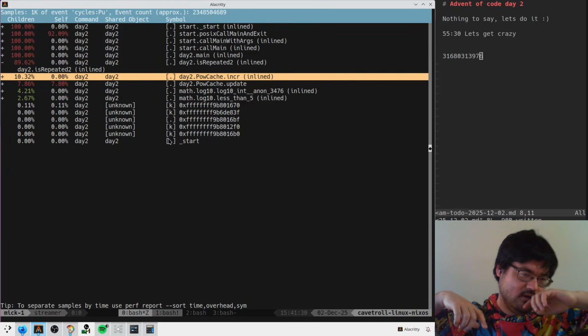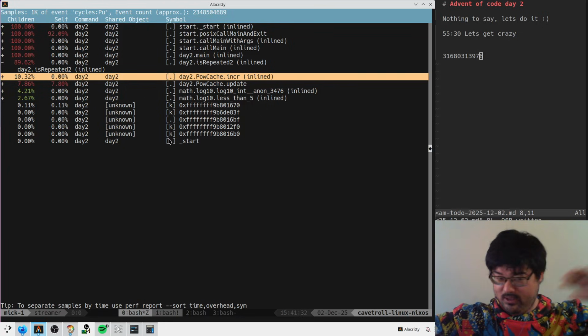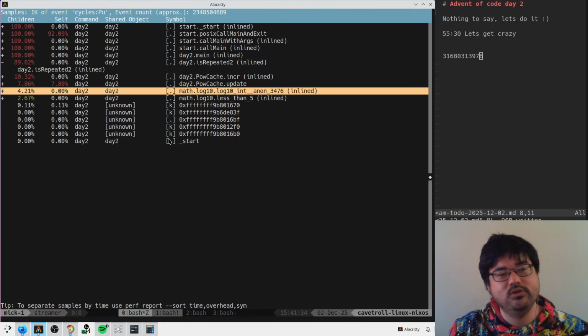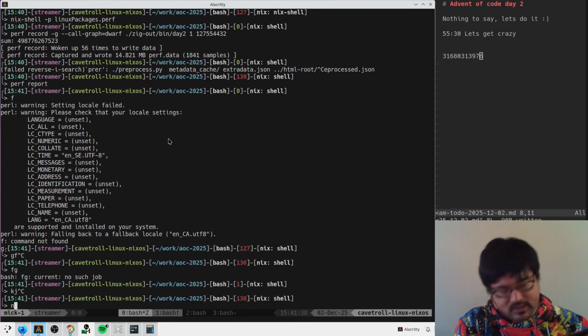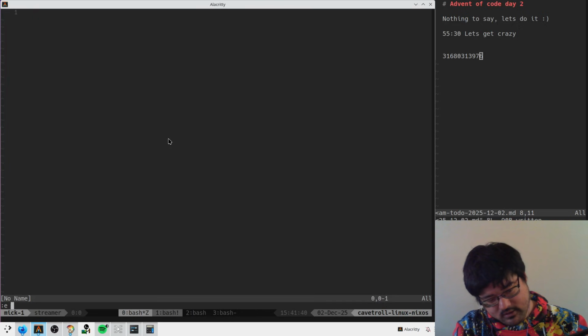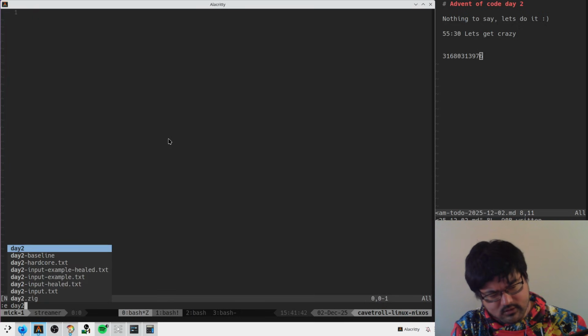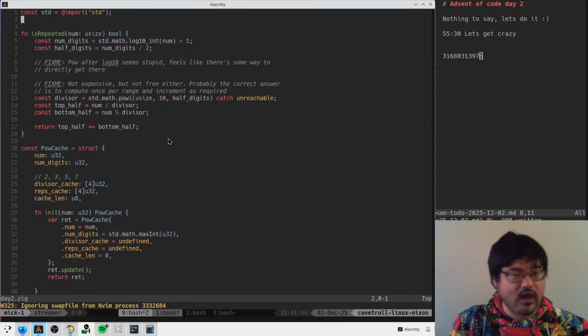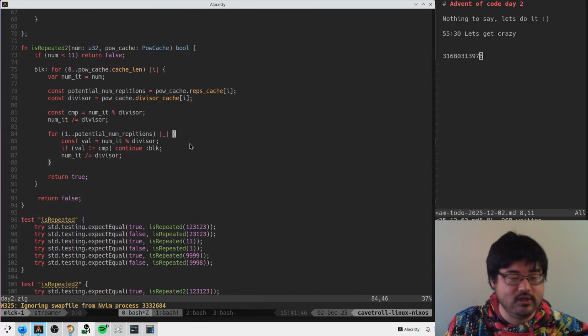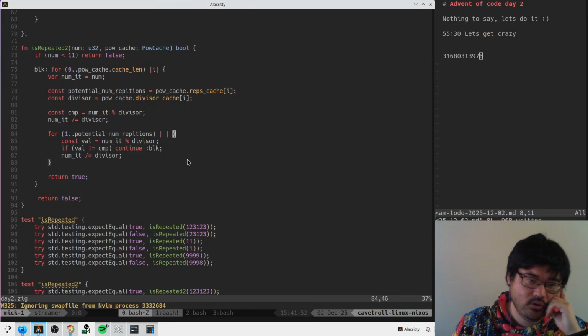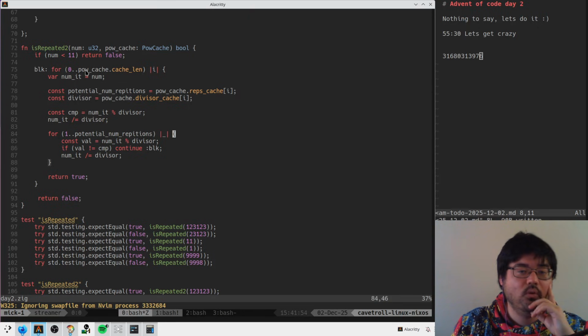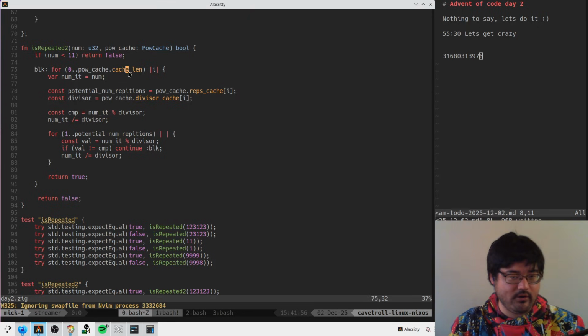And I guess you would maybe look for trying to improve the speed of this. If we're seeing 90% of time now in repeated 2, the question is, is there a better way of implementing this thing? So what are we doing? We're iterating over the things in the pow cache,